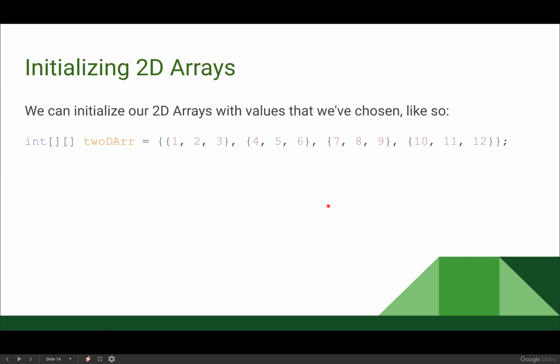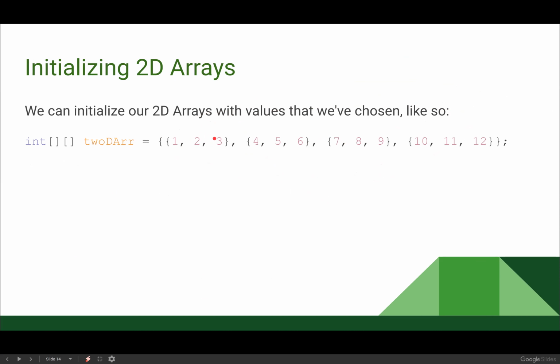So the other way we can initialize arrays, we could do it with 2D arrays as well. We could say my 2D array equals an array. So we've got those curly brackets on the outside, and then inside, each of our elements is another array. We're going to separate our elements with commas, and then within those elements, we're going to have our elements